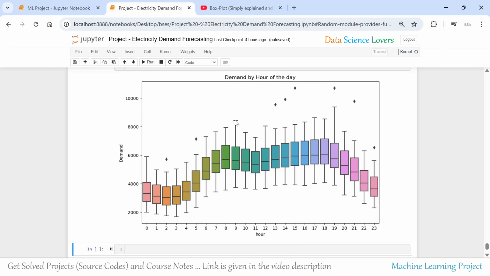In a box plot, this upper T represents the maximum value while this lower T represents the minimum value for each hour. Okay, and this strong line represents the median, and this line represents Q1, or quartile 1, meaning 25% of all values are below this value, and this upper line represents Q3, meaning 25% of all the values fall above this particular Q3 value,